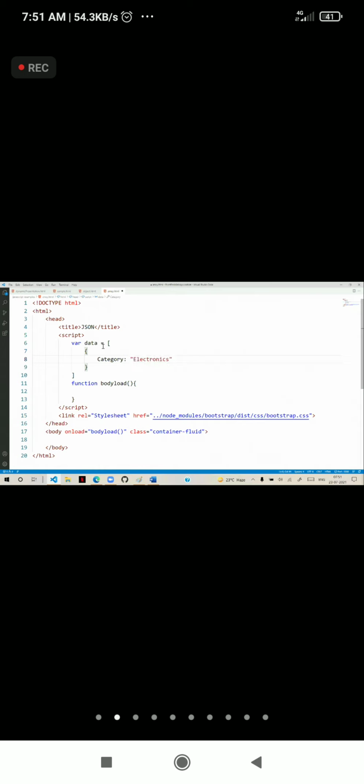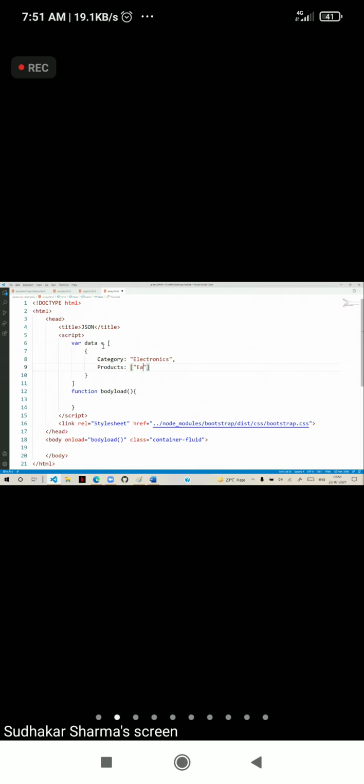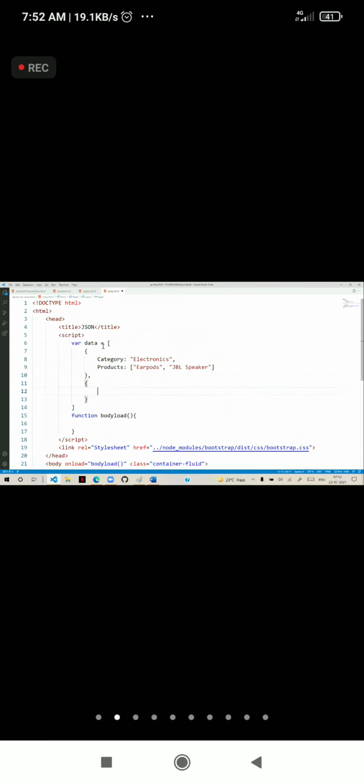And we have products. Products is again an array, and here we have earpods and a JBL speaker. This is one object. Another object has another category, that is footwear.